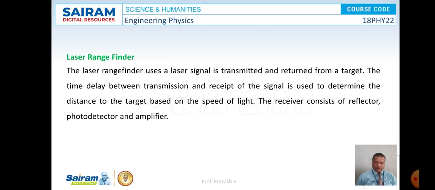A high powered pulsed laser beam is directed towards the enemy target from a transmitter. A part of the reflected beam is received as a signal by a receiver. The rangefinder's high-speed clock measures the exact time from the instant the pulses left the unit until they returned, and then it is converted into a distance. So this is another application of laser in defense.